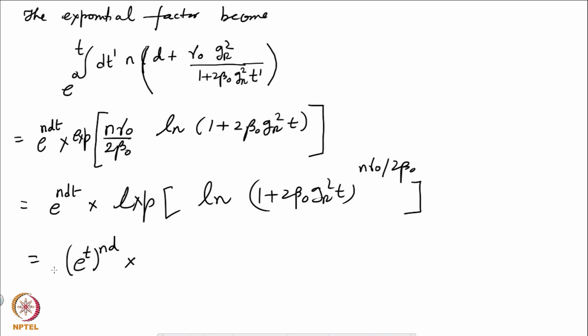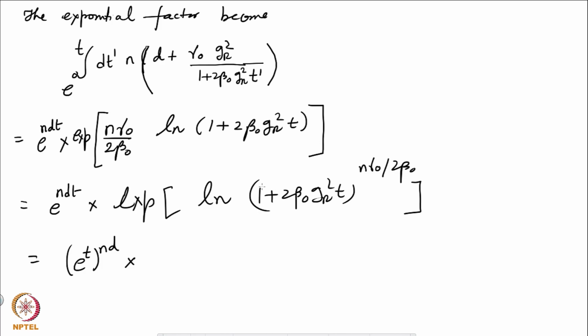Okay, the coupling has gone to 0, so it's almost like a free theory, but in a free theory you will expect just this factor, okay, multiplying the Green's function. But now you have additional powers of t coming because of these renormalization effects. And what is that? That is,